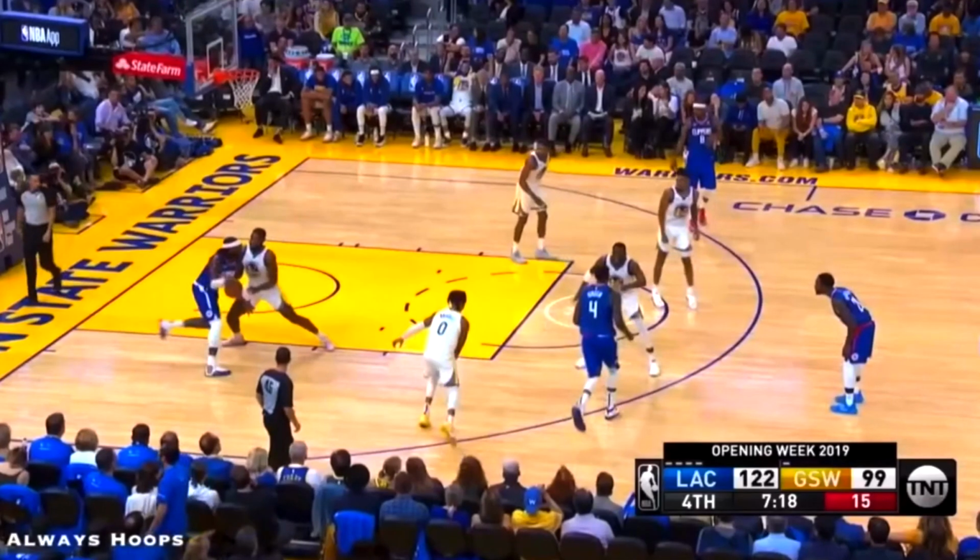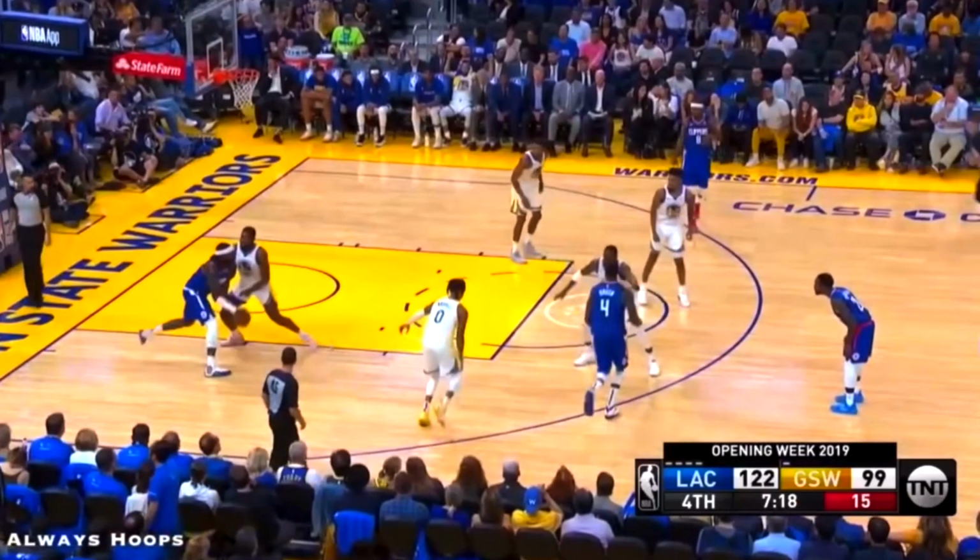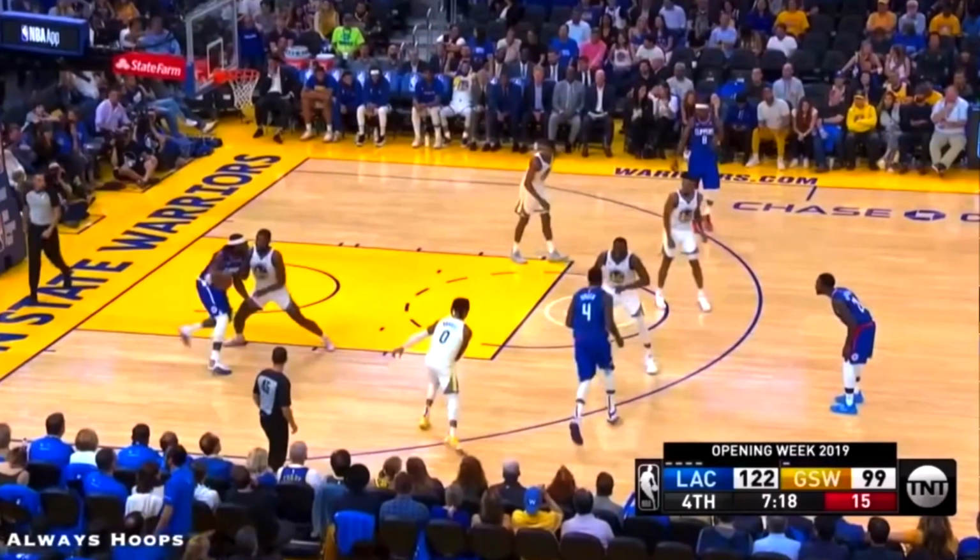Now, this is really good post defense. So here we have Draymond Green. He is getting nice and low. You want to have a very low center of mass, especially if there's a height disadvantage to yourself in the low post. By having a low center of mass, this offensive player is going to have a harder time trying to push you. You don't need to push an offensive player to defend him. You just need to be able to absorb the contact, have your feet planted, and then he's not going to be able to move you,